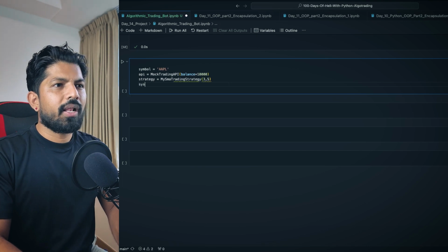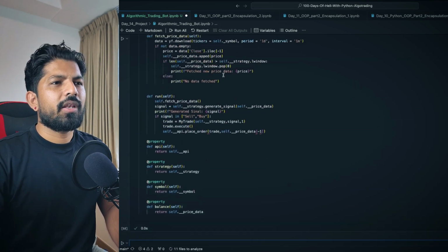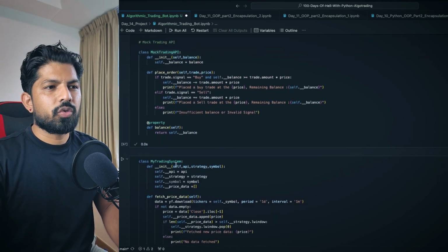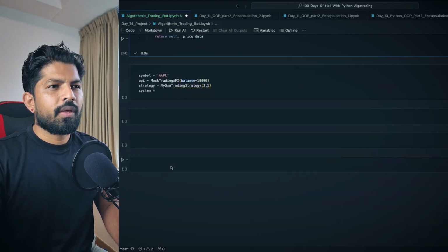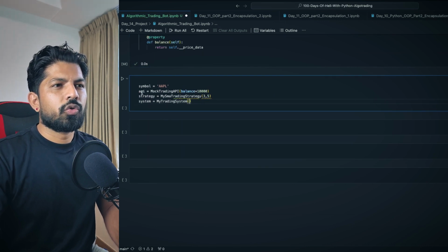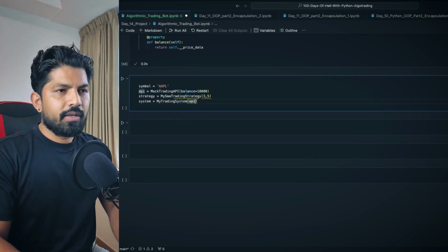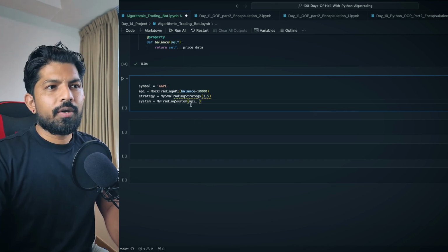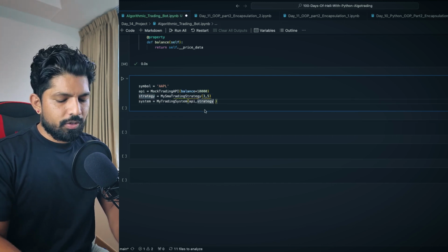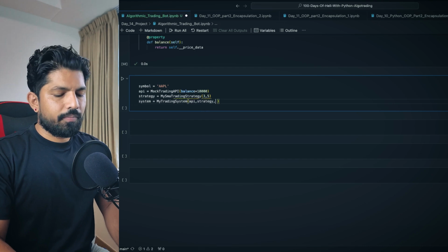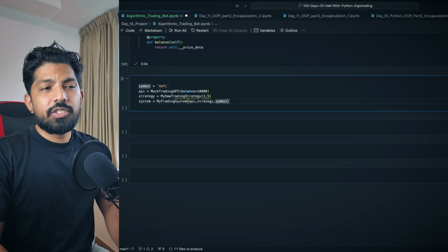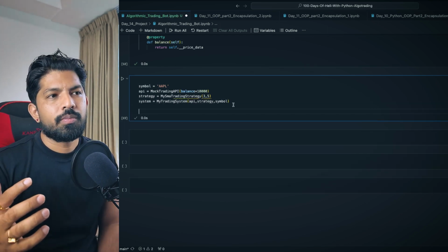Then the last but not the least we have is the trading system. So for the trading system, I'll create system is equals to, and again go back to the system, and here we need to provide the API, strategy and symbol. So I'll just copy here and paste, and we know that we already have all the values. So for API, I can just pass here API. So I'm passing this object as an argument here. Then we have strategy. So I'll just copy and paste it here. And now we have the symbol. So for symbol, I'll write SYMBOL. Right.